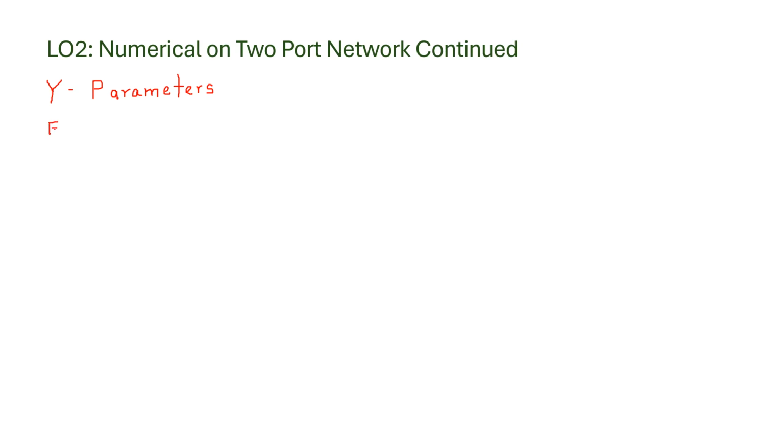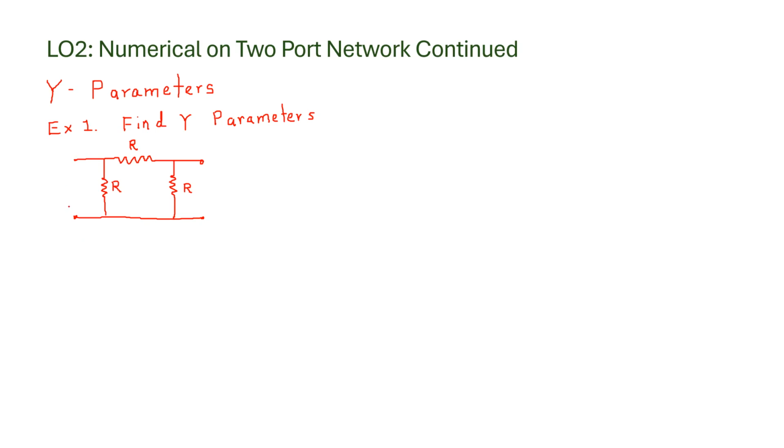So I will take the first example, example number 1. Find Y parameters. And I will take this circuit. Let the value of the resistors be R ohm, R ohm and R ohm. Now I will find the Y parameters for this circuit using